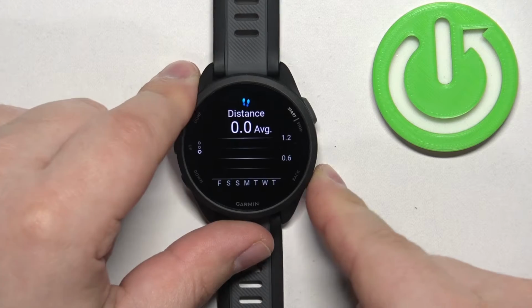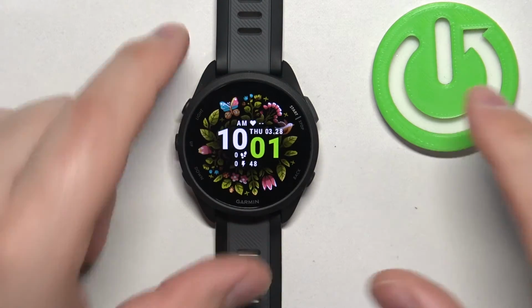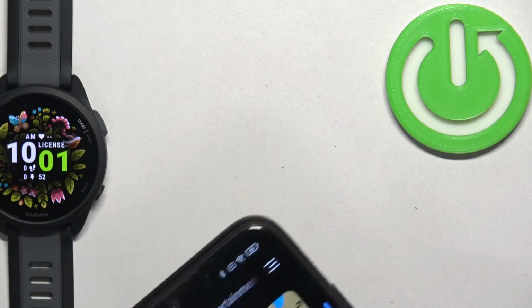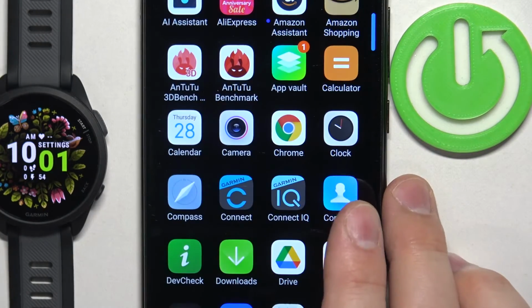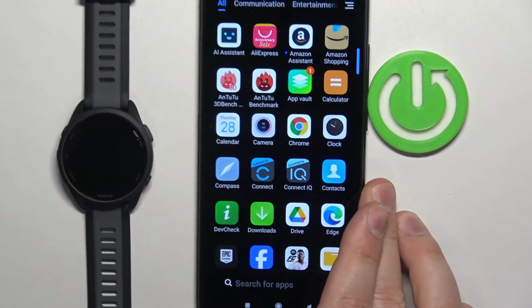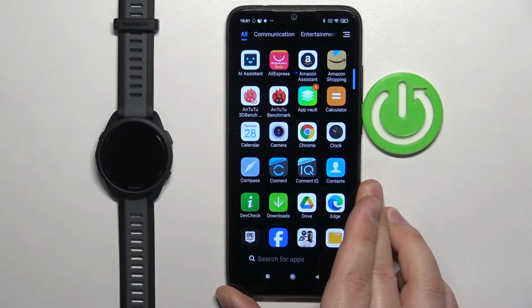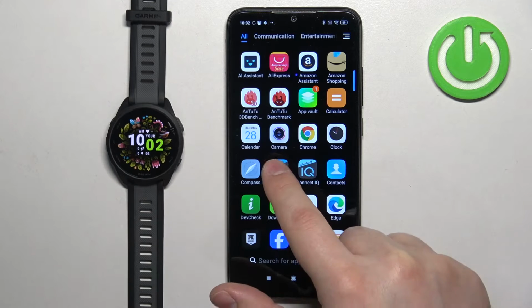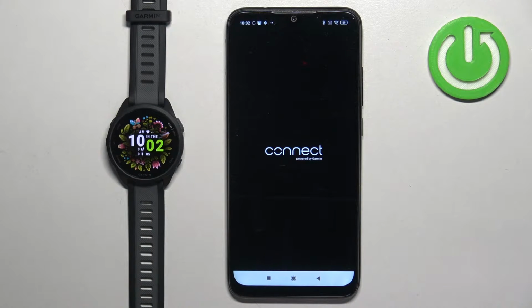If you want to see more detailed information and your watch is paired with a phone, you can always check it in the Garmin Connect application. So we're gonna bring our phone right here, zoom out the camera, so you can see the whole screen of the phone, like this. And on the phone that is paired with our watch, we're gonna open the Garmin Connect application,